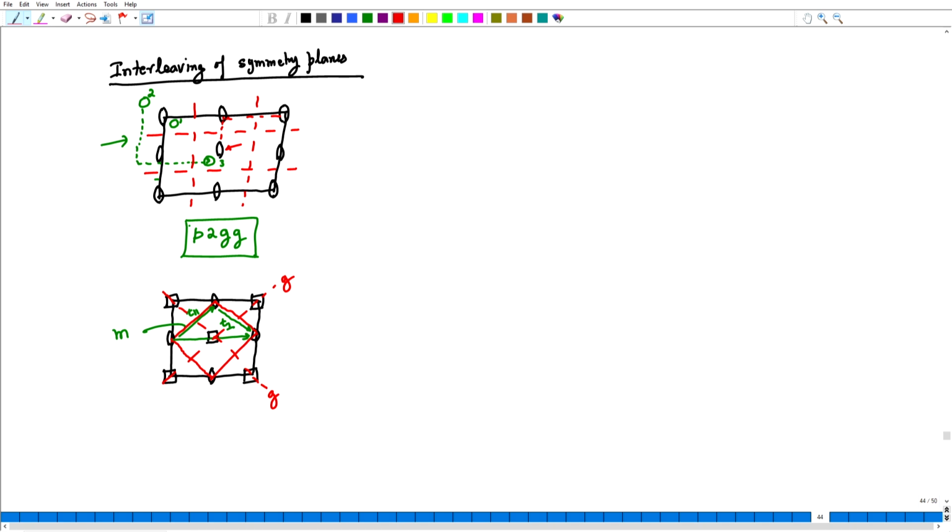Are there any other glides? Yes, there are, and in order to figure that out, what I could try to do is, let me add a right-handed motif, call it as 1, give it a 90-degree rotation. The right-handed motif moves to another right-handed motif at position number 2, and then what else can happen?